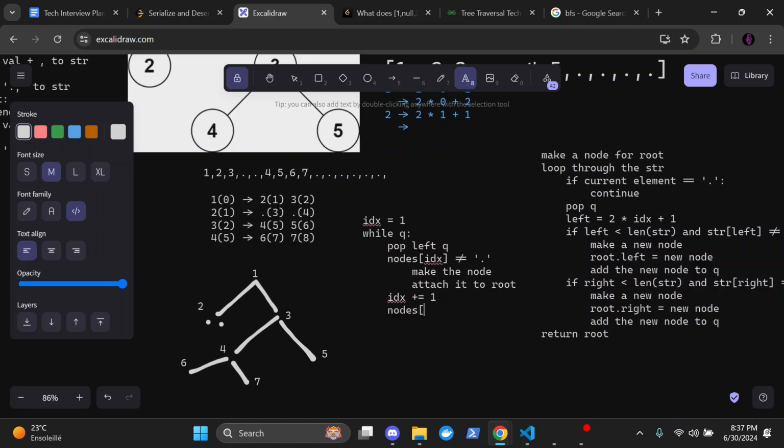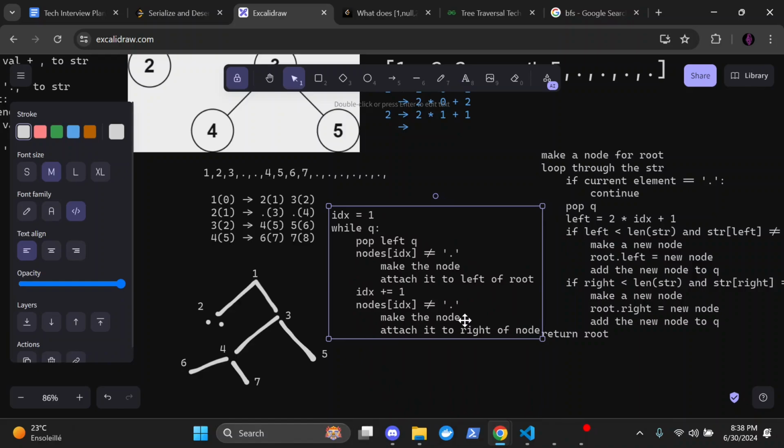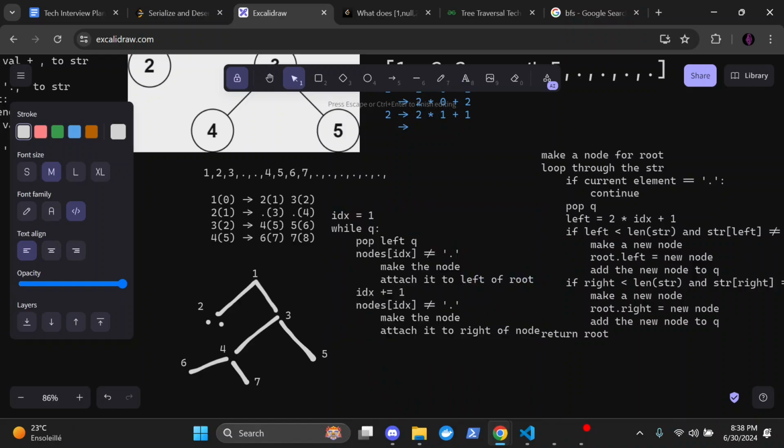If nodes, now that it is index plus 1, it's going to be index. If it doesn't equal a dot, and then again we make the node, and here attach it to left of root, and here make the node again and attach it to right of node, and again we just increment no matter what. Does it make sense? I feel like this should work